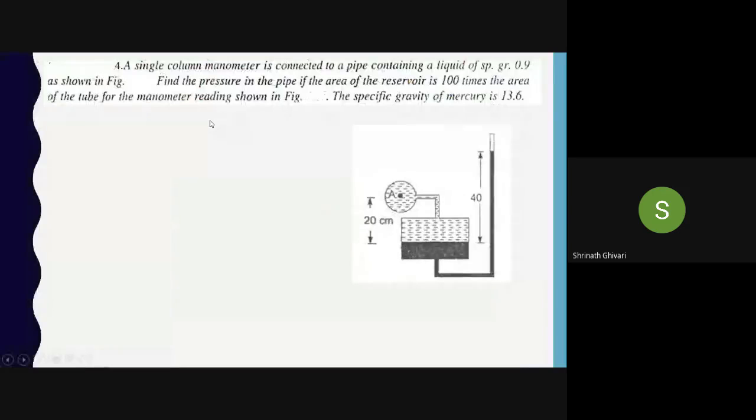Okay. So the question is like this: a single column manometer. We have discussed about single column manometer is connected to a pipe containing a specific liquid of specific gravity 0.9. Find the pressure in the pipe if the area of the reservoir is 100 times the area of the tube. Okay, the area of the reservoir is 100 times that of the area of the tube. So it means that the area of this reservoir is 100 times greater than the area